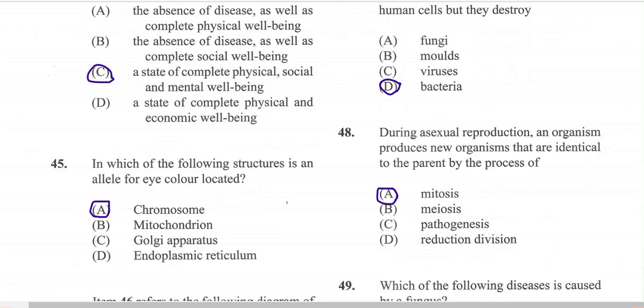Sorry. 45. In which of the following structures is an allele for eye color located? It's going to be in the chromosomes. Alright, and we move on to question